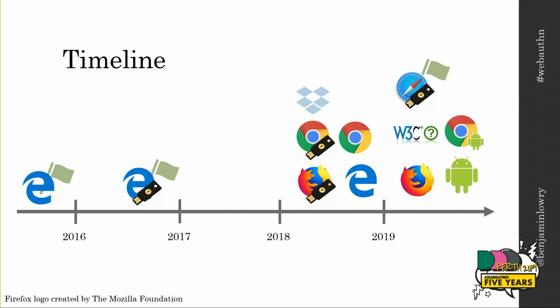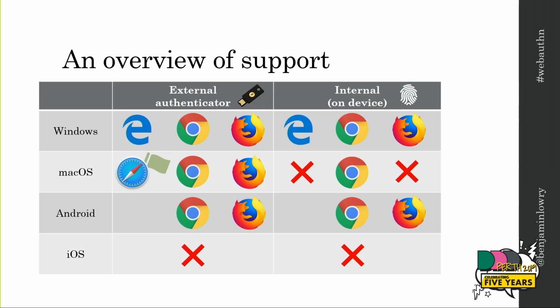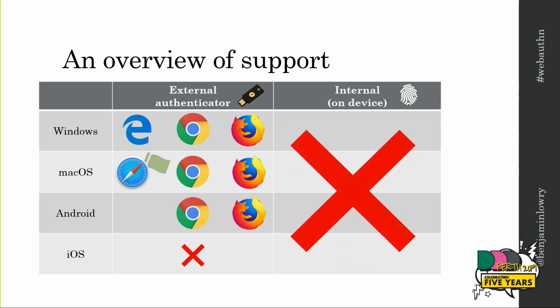And Chrome actually started supporting that on Android as well, which I guess was kind of required for those to both happen. So then you get to this point where you look at it today, and if you're using Chrome or Firefox, the situation is pretty good. You can use the external authenticators or the internal authenticators on any device except for iOS. And you go, there's still a few gaps, but if you went back a year, it looked more like this. And you couldn't use those at all.